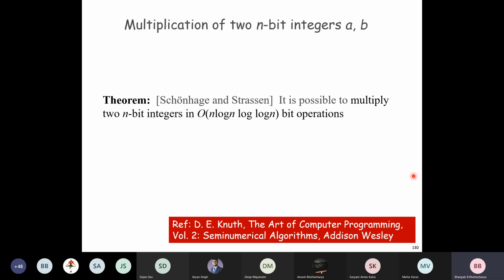I think the name Strassen is familiar to you. Is this name familiar to you, Strassen? Strassen matrix multiplication algorithm. And that reduces the matrix multiplication complexity from cubic to the power of what is that? 2.81 something, right? So you may refer to all this, the Karatsuba algorithm and also this one, in the very famous book, The Art of Computer Programming, Volume 2, Seminumerical Algorithms.